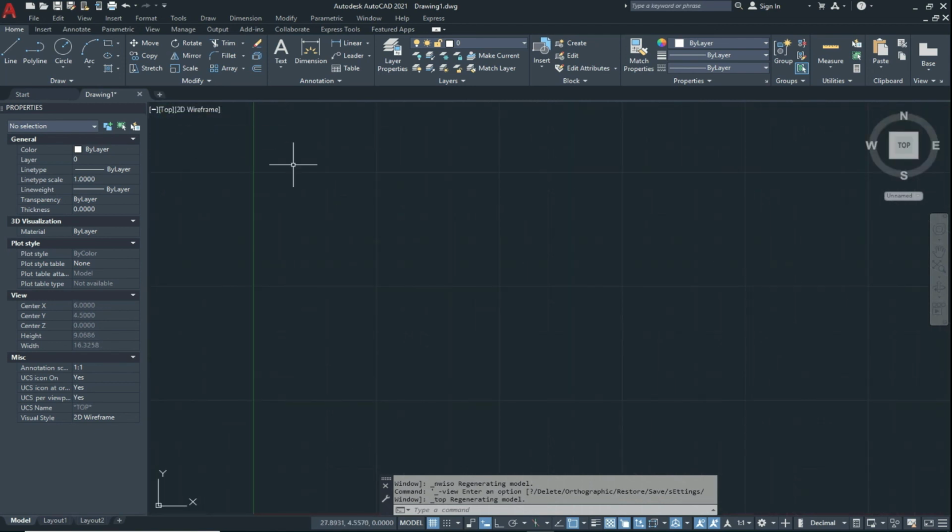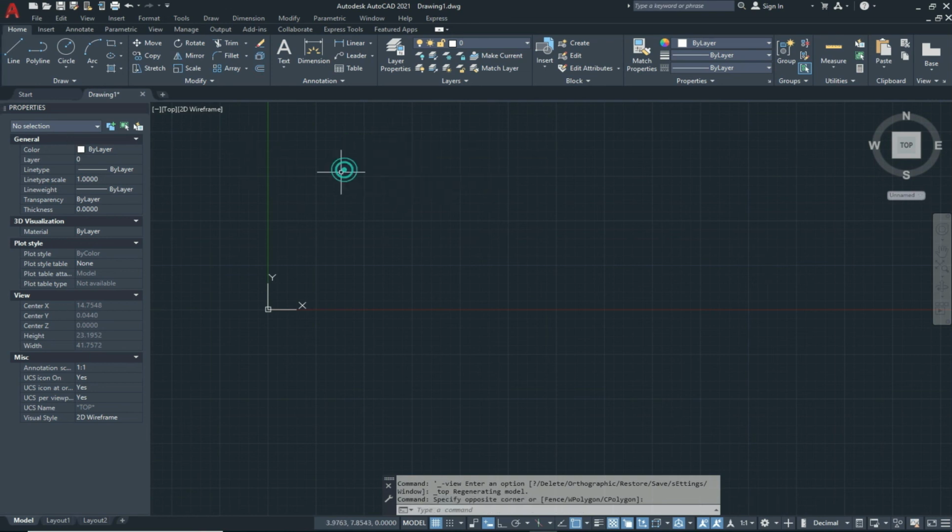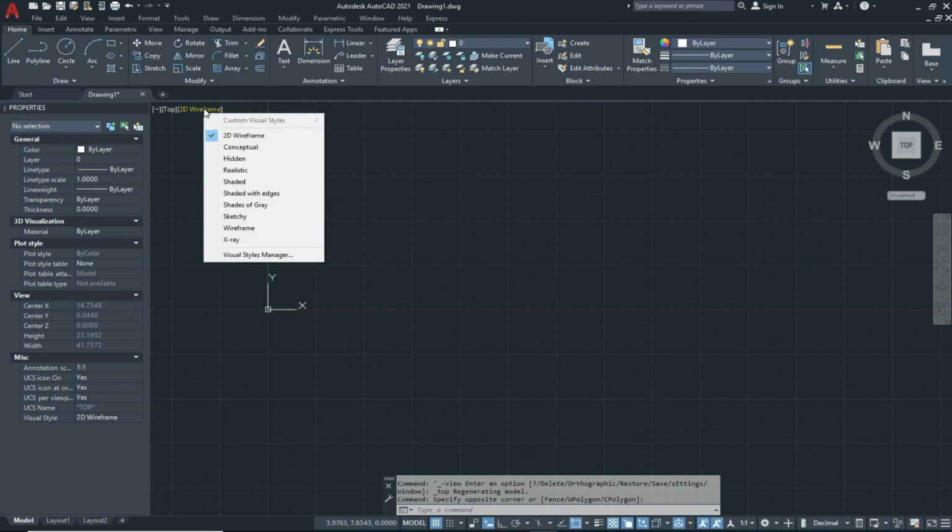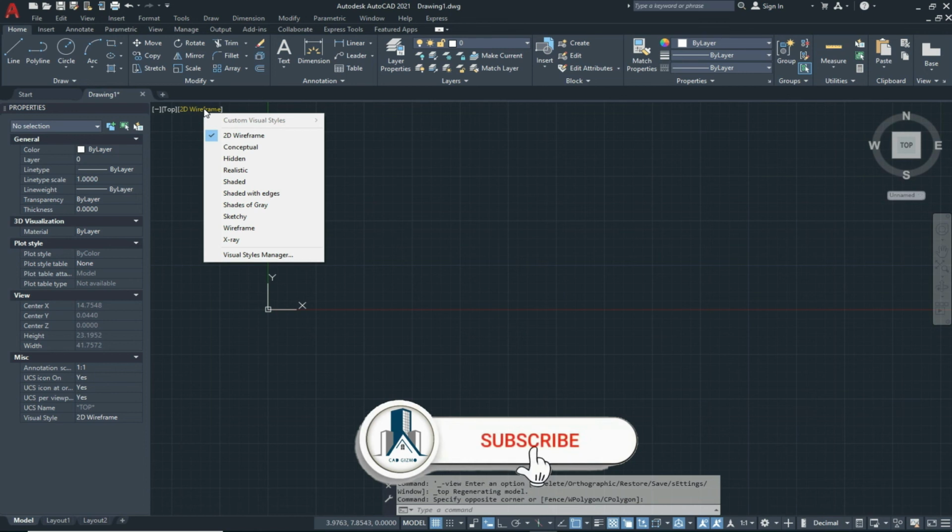For 2D drafting, we set it on top view. So this is our viewport control, and from here we can change its visual style. Visual style can be used in 3-dimensional or 3D drawing. When we make it 3D, then we will use it in later videos.